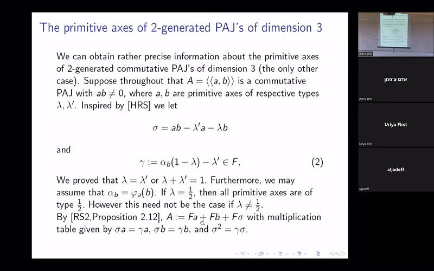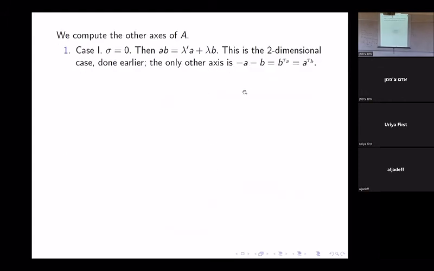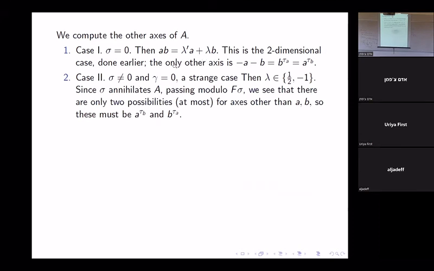And this element plus A and B generate A. And this gives you the multiplication table. And therefore, let's see. Well, we have three cases. If sigma is 0, then you just have the two-dimensional case. If sigma is not 0, and sigma times A is 0, and sigma times B is 0, that's a very strange case. Then sigma is in the radical. Okay, and otherwise,